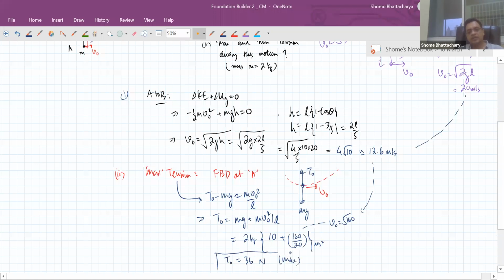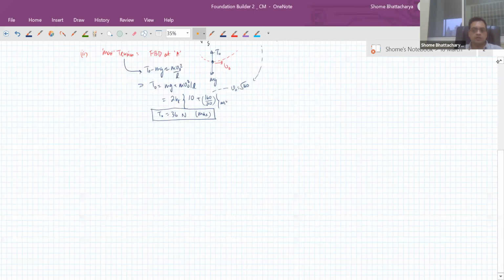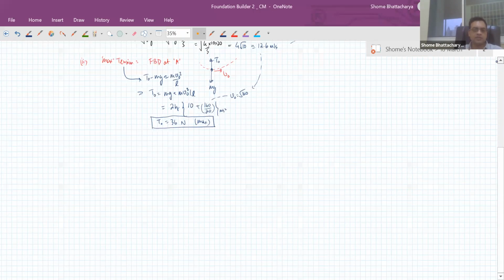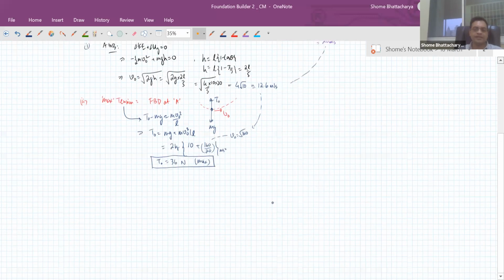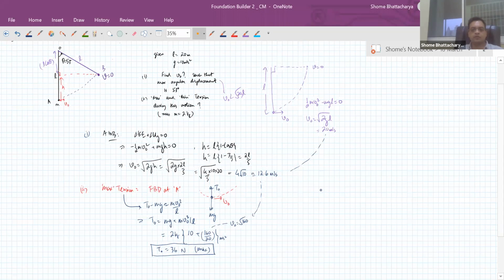Whereas, as we discussed last time, the minimum tension will occur at the point where the particle comes to rest momentarily, that is the point B which I have labeled. So वहाँ पे tension कितना हो जाएगा? It will become just equal to mg's component, mg's radial component. So for minimum tension, we have to look at the free body diagram at the point B. Okay. So just note this down and try to work out the free body diagram at the point B itself and tell me how much that minimum tension is.